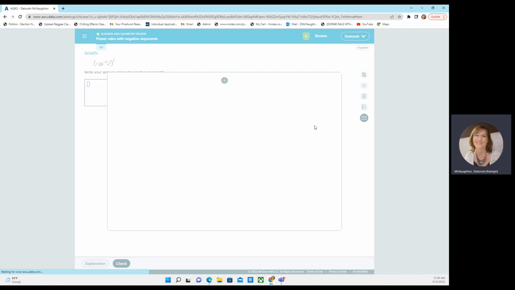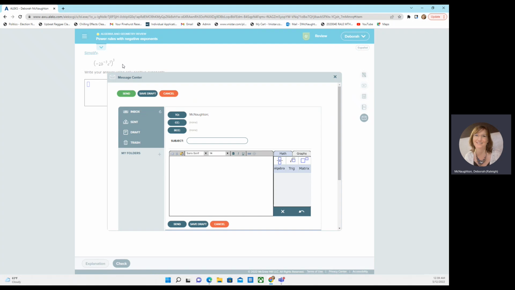And this last one is the most helpful. This will email me this exact problem. If you're really getting stuck, or not even if you're really getting stuck, please use this a lot. Feel free to use this as much as you want. I do respond to these. You can click this and it'll send me this problem, so you can tell me, hey, I got the answer